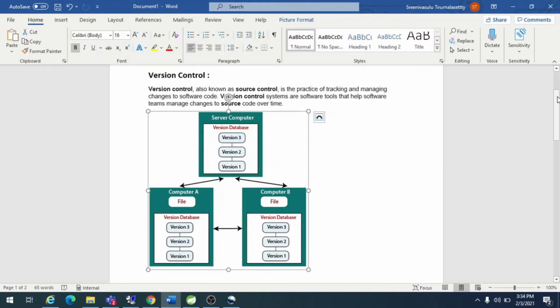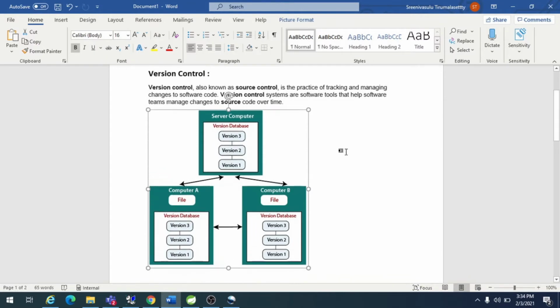So what are the advantages of a version control tool? One more use is collaboration between users. Another one: for example, you did some change on one file, and after some time you did many changes, and you want to go back to the initial or last version of the file.